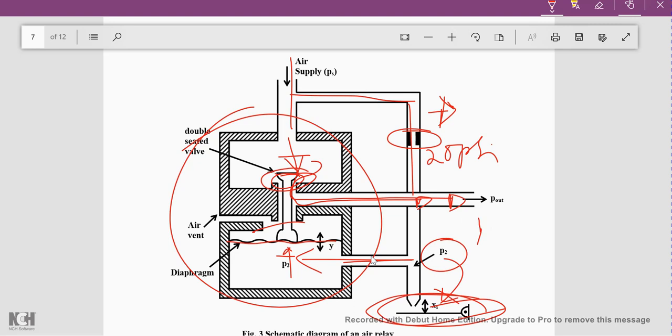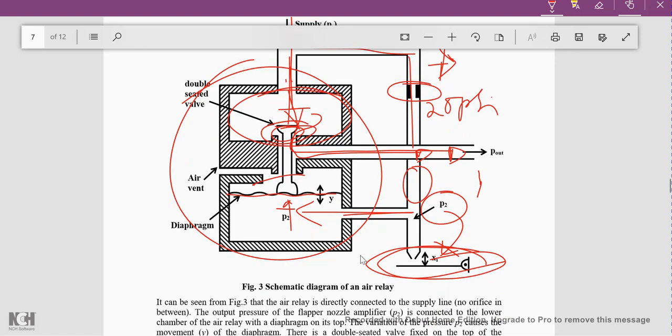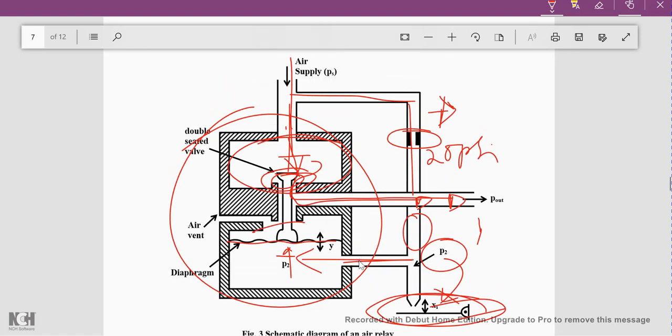again it is going to be controlled from this flapper nozzle, that is by displacement of Xi. With the help of this air relay we are able to achieve higher pressure values, because the available air is in this bigger kind of area, which will have more volume of air comparatively than this area. This air here is just used for the controlling operation, and the actual air which is required for the output is being used from this air relay portion of the entire system. In this way the air relay does its operation.